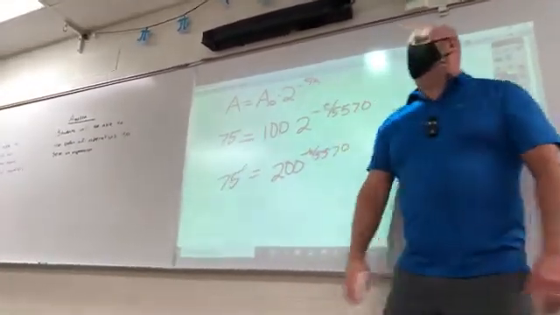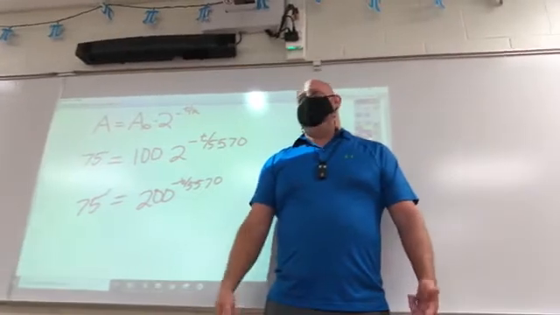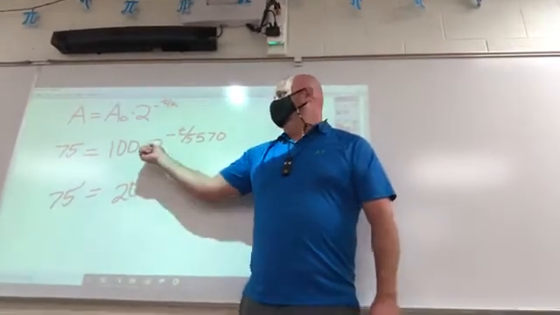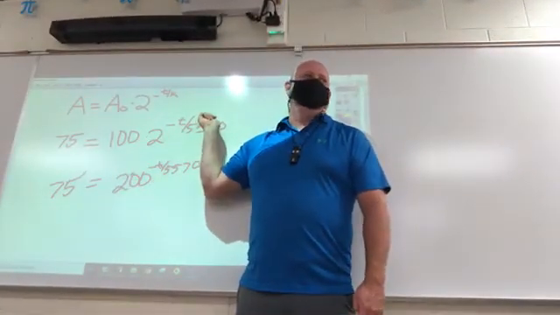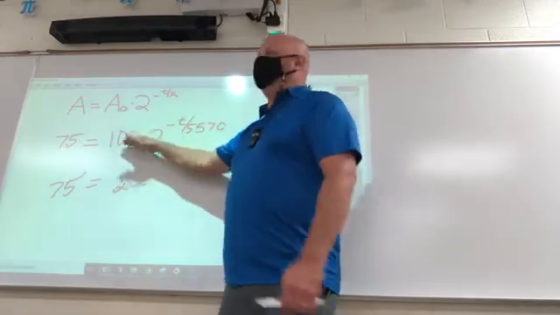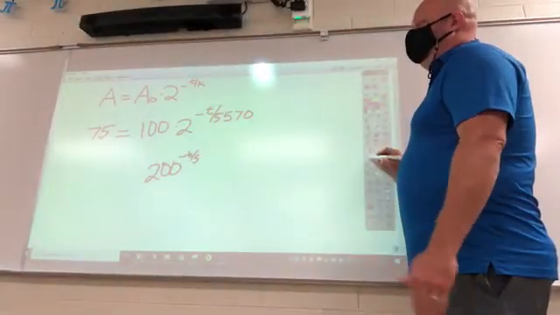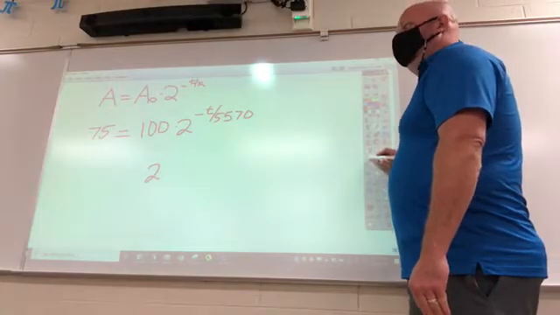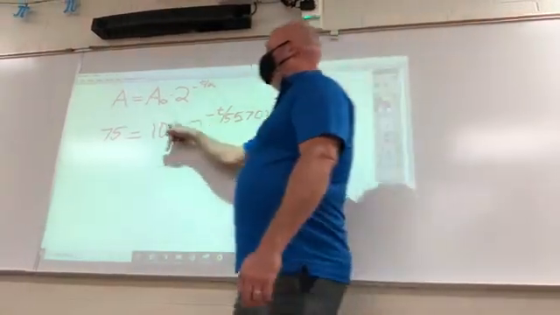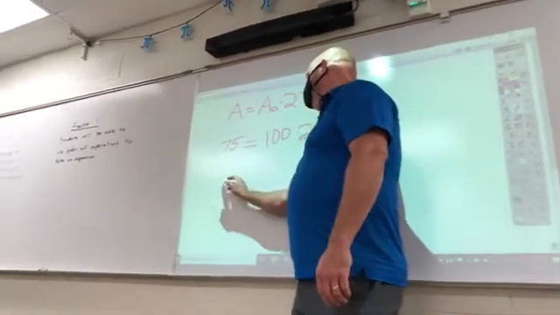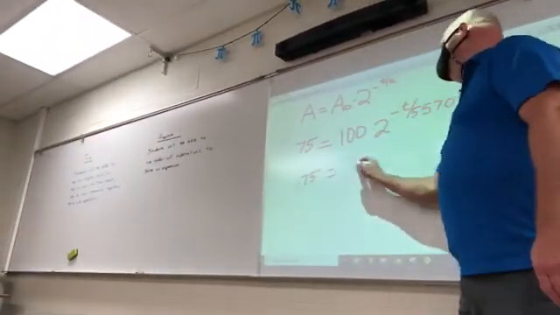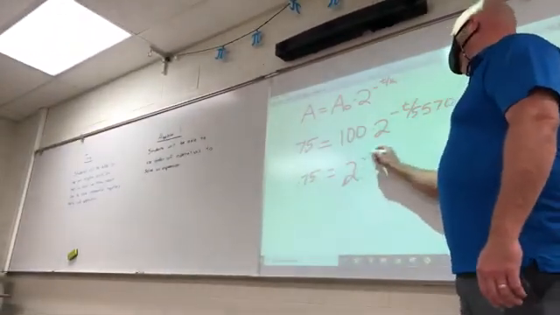Am I allowed to do that? Your Aunt Sally rolls over in her grave when you do that. You can't multiply before you do exponents, right? So please don't make that mistake. What's the way I have to get rid of that 100? Divide. So 75 divided by 100 would be 0.75 equals 2 to the negative t over